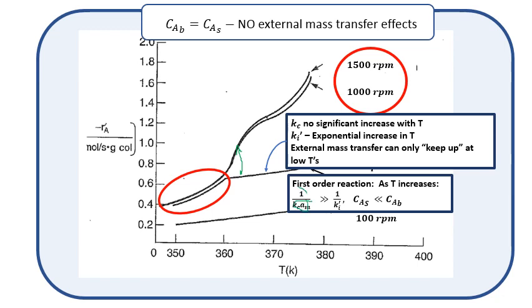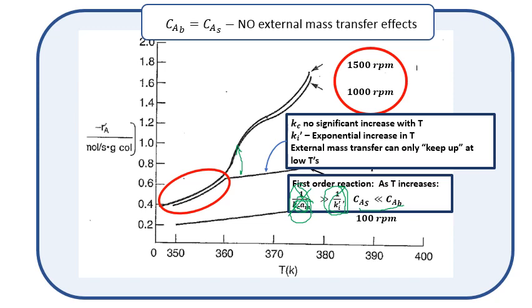So this resistance to Kcam relative to the resistance to the intrinsic reaction rate becomes much larger, and over here Ca surface becomes much smaller than Ca bulk. The external diffusion can't keep up. At lower temperatures, this value is high enough so that this resistance relative to the resistance to the intrinsic reaction